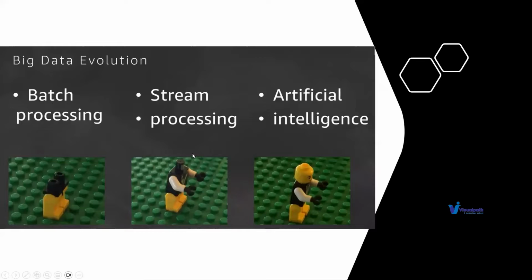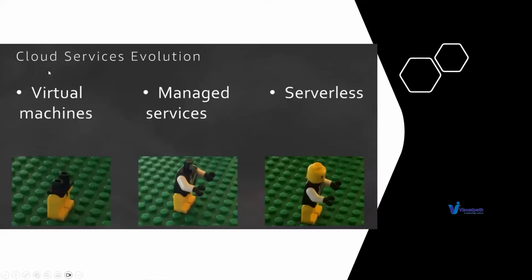Stream processing means the data comes in continuously, like when the data is coming from your signals and IoT devices and all the other things, the data comes continuously. That's the place where we follow this streaming pattern. And then we have artificial intelligence that is going to be used. So this is how big data has totally evolved. When this data has totally evolved, earlier we were having something like virtual machines.